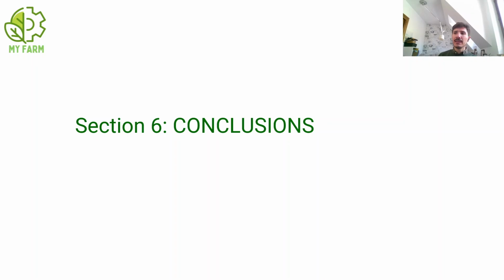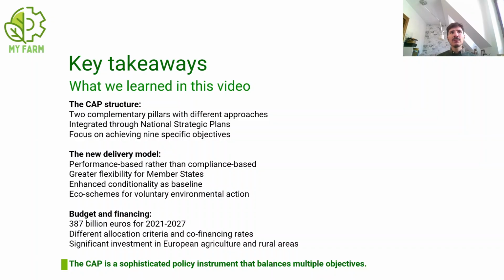So we will now conclude this second lesson on the structure and functioning of the CAP. I would like to leave you some takeaways. So what we have learned in this video and in the previous one. The CAP structure: there are two complementary pillars with different approaches. The first pillar is for direct payments, annual payments, etc., while the second pillar is for rural development, multi-annual commitments, competitive goals, etc. But these two pillars are integrated in a single national strategic plan